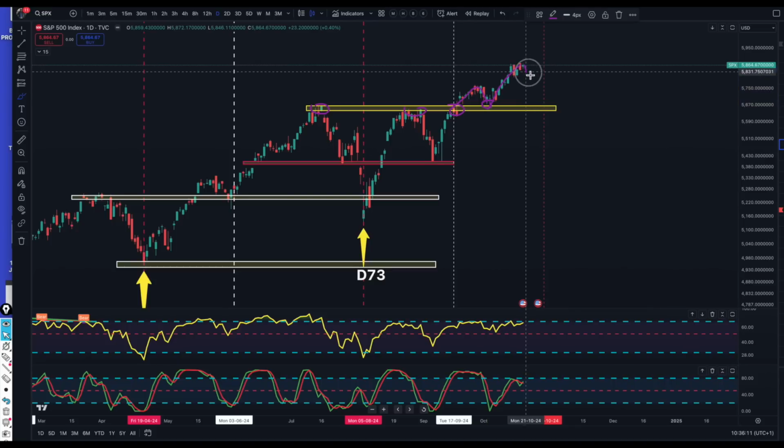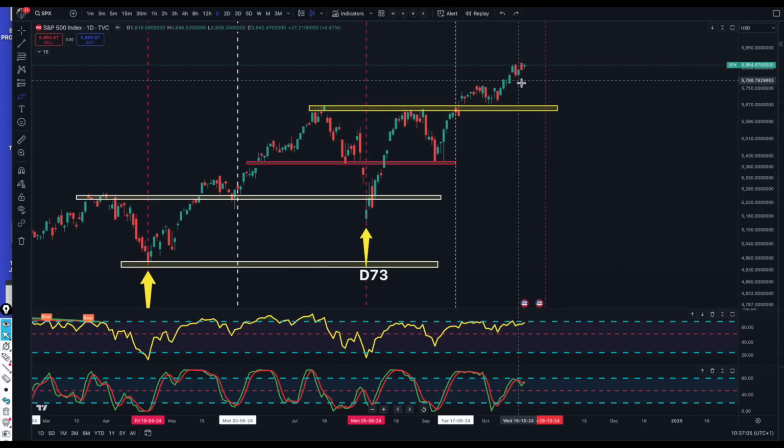So whether it's going to be from where we are currently to the previous support line, which was resistance before, we could use that as support before going into the next cycle, into another leg of the bull market. So it's all looking very rosy at the moment for the SPX, but I do expect some sort of pullback into the 60-day cycle low to start a new cycle one more time. So there are no signs in the SPX that would suggest that we have actually topped out or are about to top out.